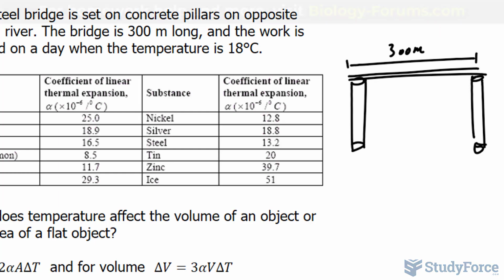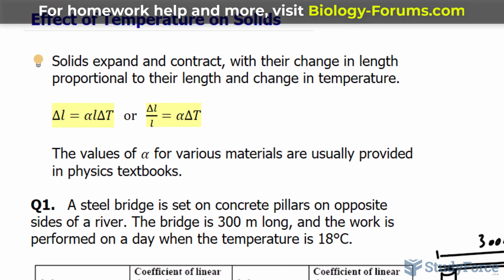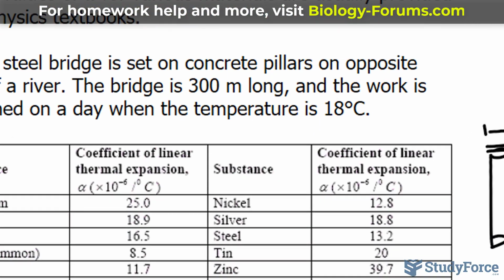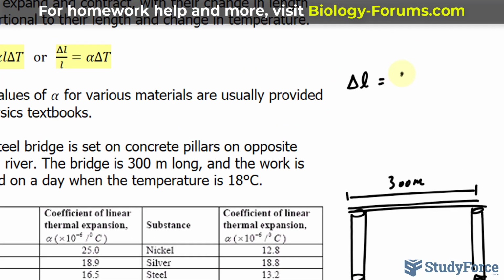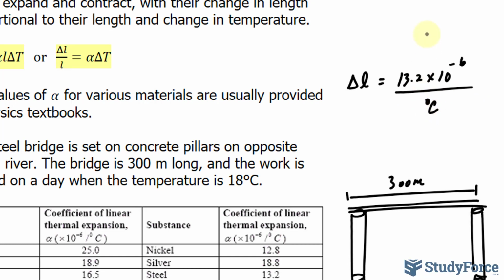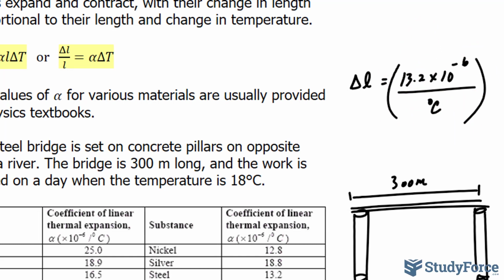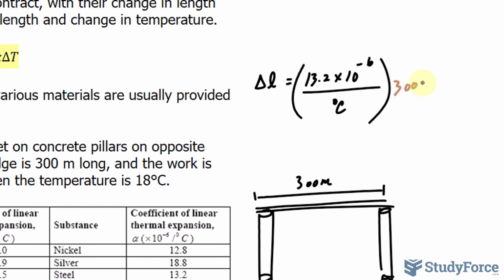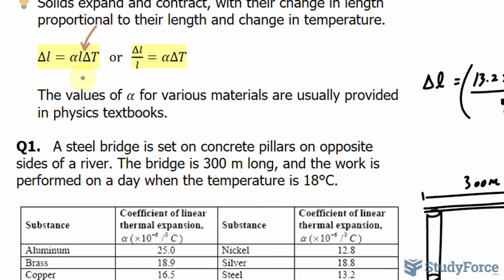Okay, using the formula that was prepared above, we're looking for delta L. Delta L is equal to an alpha value for steel being 13.2 times 10 to the power of negative 6 per degrees Celsius. That's alpha. That gets multiplied to the length of the bridge being 300 meters. And subsequently the difference in temperature as delta T. So 45 minus 18 makes 27